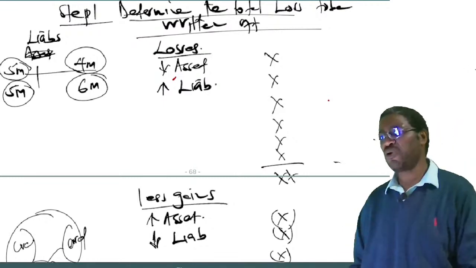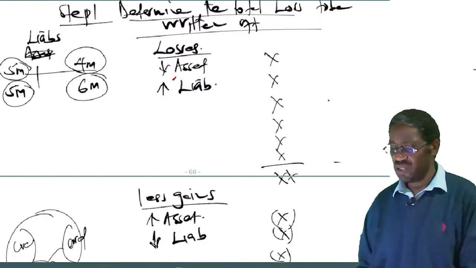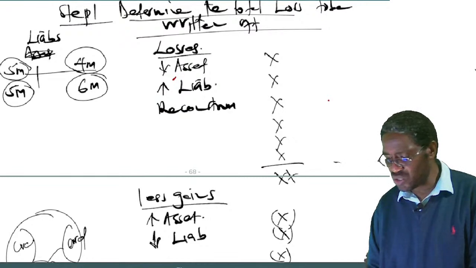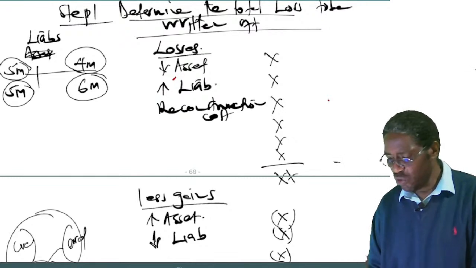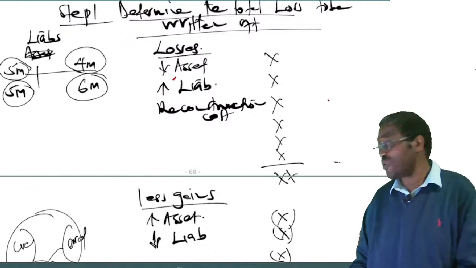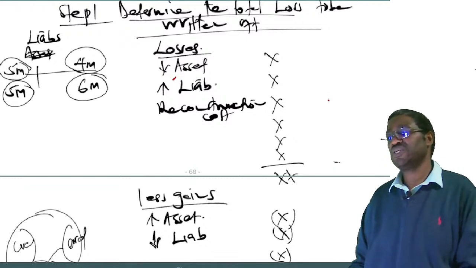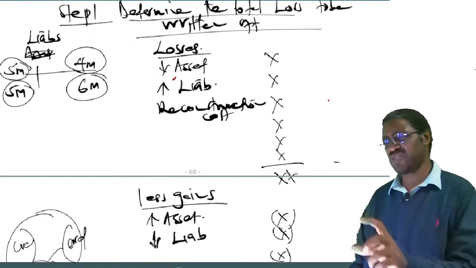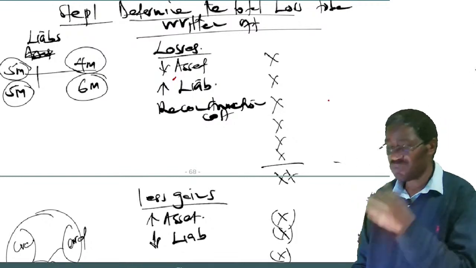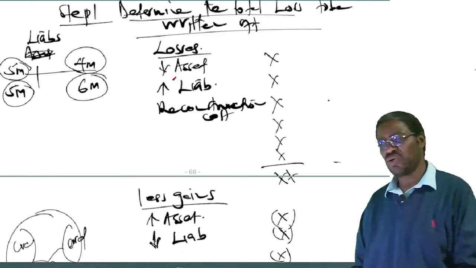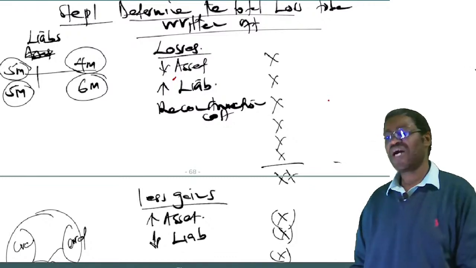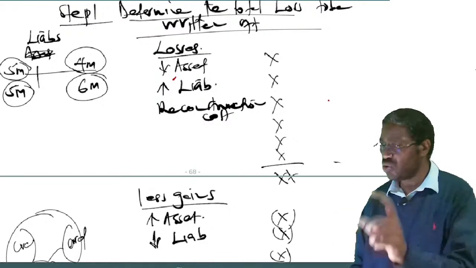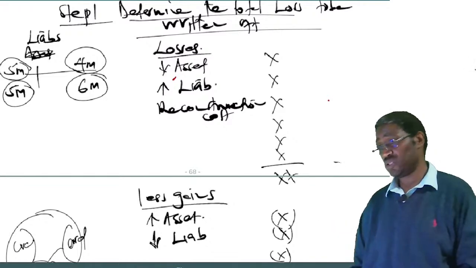The other example of losses I talked about was maybe you are going to incur a reconstruction cost of maybe 2 million to reconstruct your company. That's a loss to the company. I also told you the accumulated losses themselves must be written off. You know, losses are always a debit balance. And I've also told you, these are retained losses.